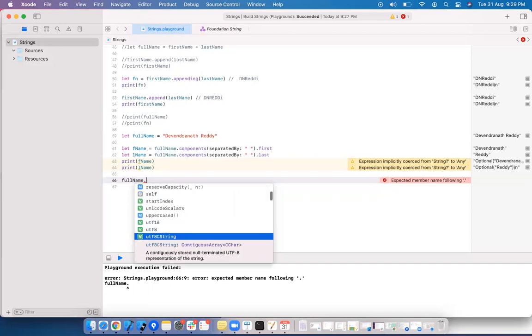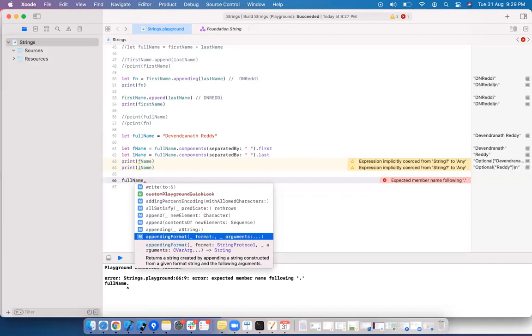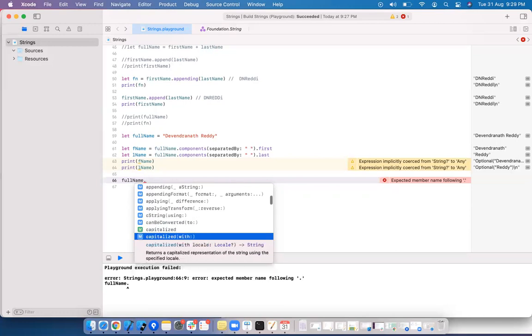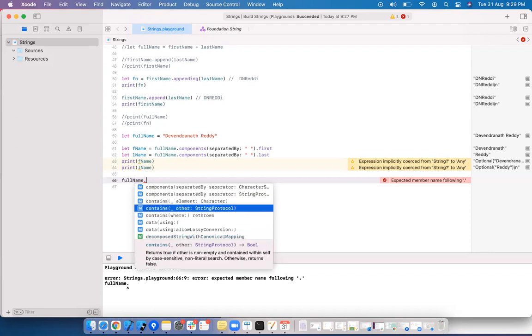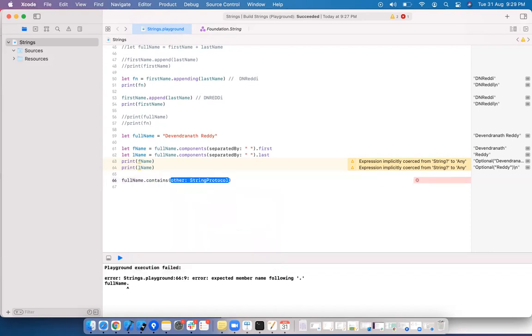Uppercase, we have seen. Append new element, append new string protocol. Contains string, this is important.